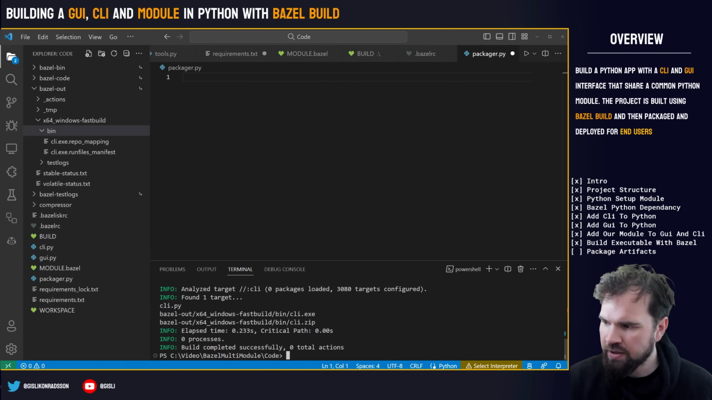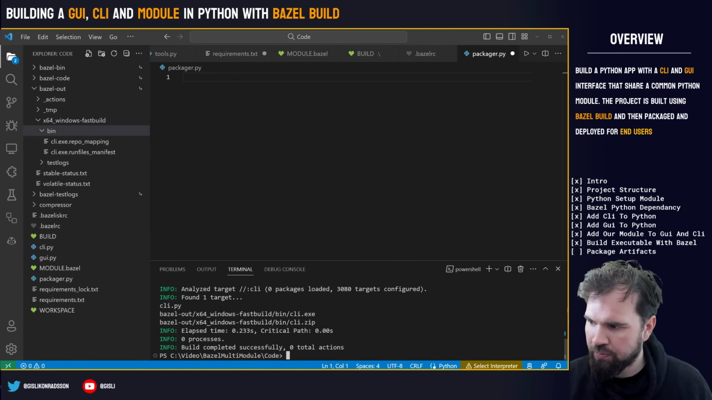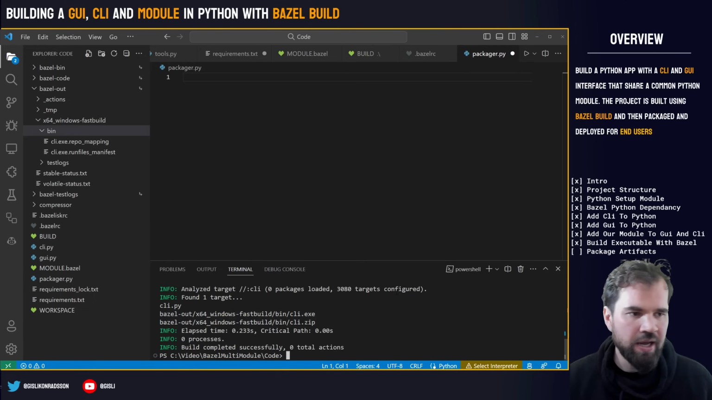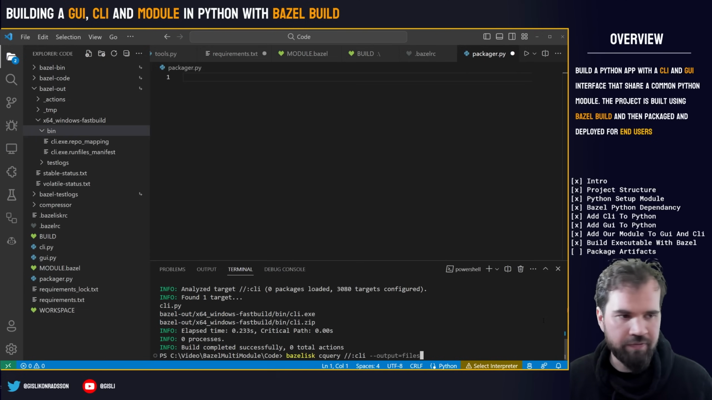Okay, so now you can see that this actually prints out a list of files. It does an executable file, it does a zip file, and it also gives us this Python file here, though I'm not quite sure why, because it's not part of the output. But what I like to do is there is a flag here